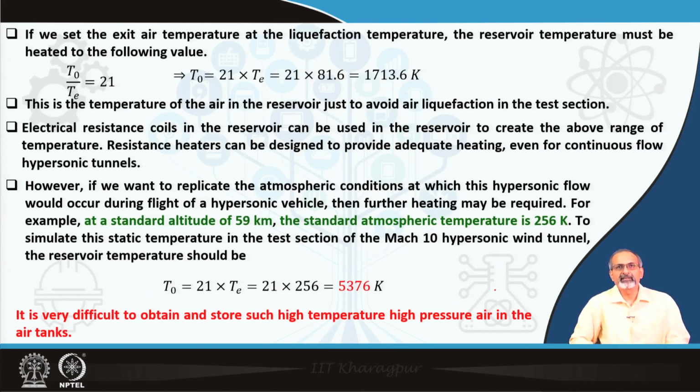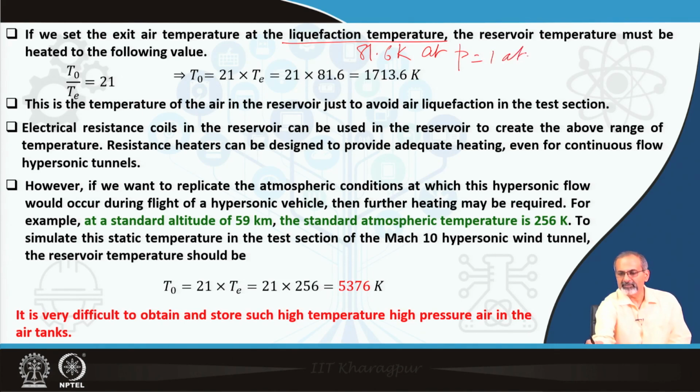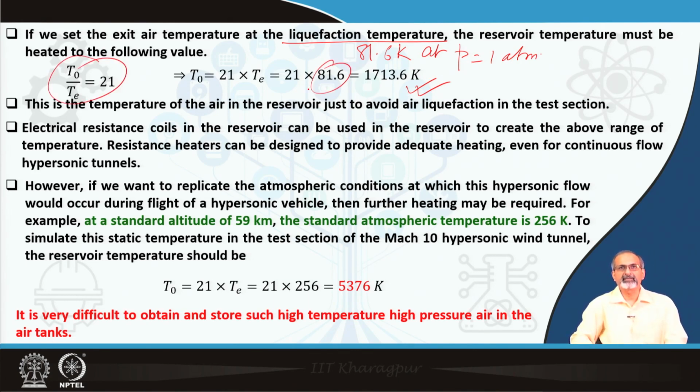If we set the exit air temperature at the liquefaction temperature that we just talked about, which is nothing but 81.6 Kelvin at 1 atm pressure, the reservoir temperature must be heated to a value of about 1714 Kelvin, which purely comes from this temperature ratio and the minimum temperature that we are trying to achieve at the exit of the nozzle. So, this is the temperature of the air in the reservoir just to avoid air liquefaction, and